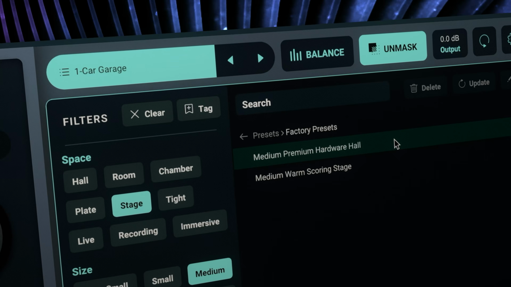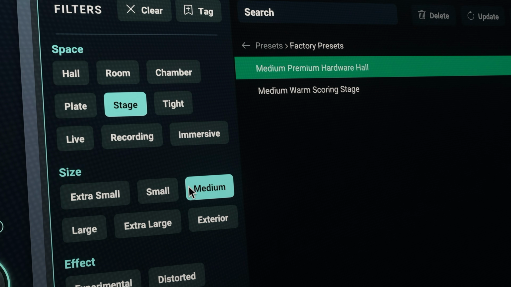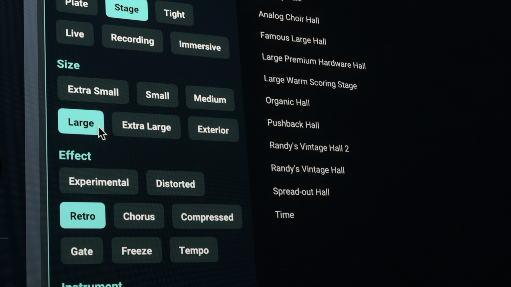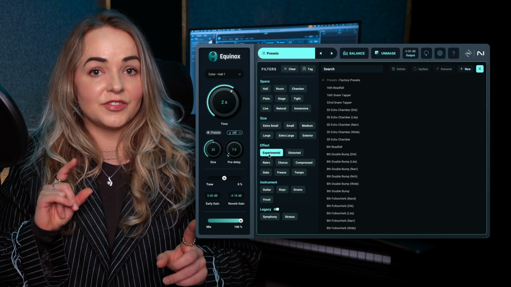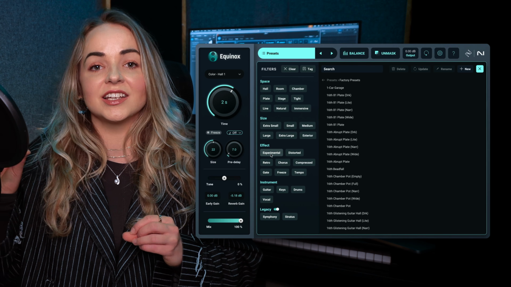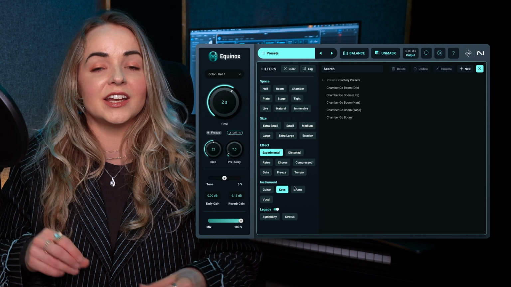When it comes to choosing the right reverb for a song that I'm either producing or mixing, I like to think of the space that I want to create, whether that's an intimate room, a large and reverberant concert hall, or something really unconventional and experimental. iZotope's Equinox makes it really easy for me to find exactly what I'm looking for by narrowing down my search to specific characteristics, and then I can customize this sound to my liking and really make it my own. And there are endless ways that you can fine-tune your reverb.